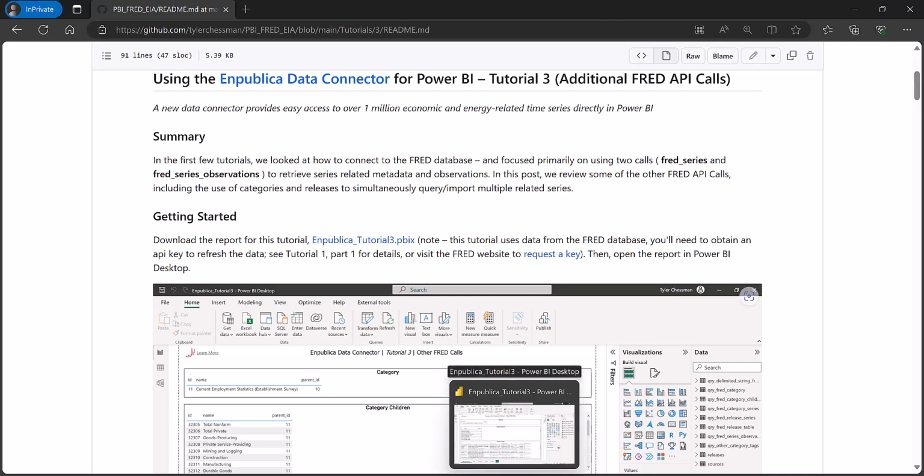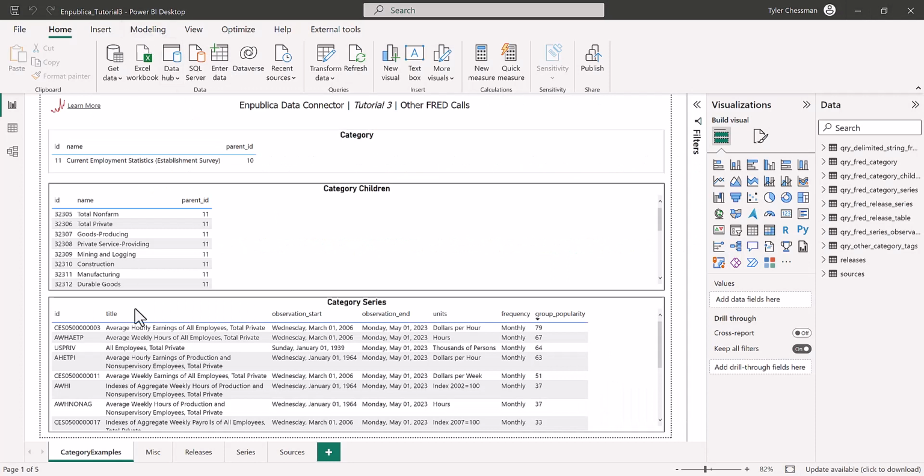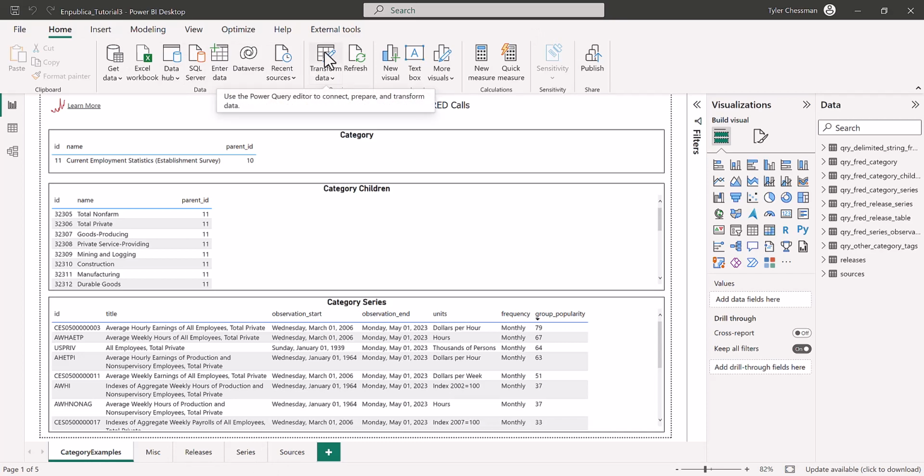We've got quite a bit to cover, so I'm going to hit this pretty quickly, but hopefully, between this video, the written documentation, and the example itself, you'll be able to get anything you need out of it. So let's go ahead and open up the report here, and you can see a couple of different report pages are implemented. First thing I'm going to do, though, is go to Transform Data and bring up